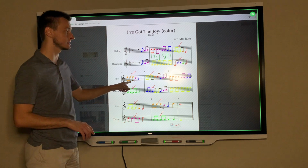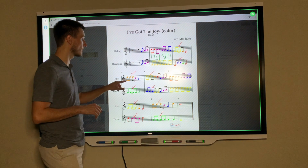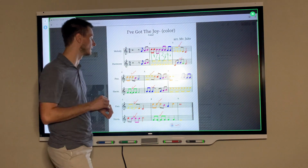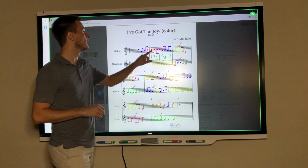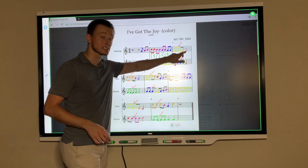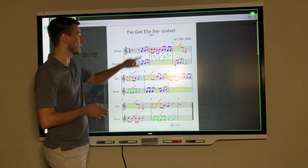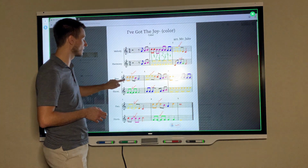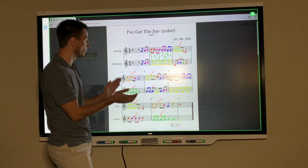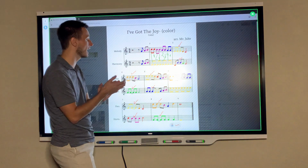So let's look here at the second line, the second system. If we're just starting at the beginning, and I think it's easier if we put the "and" counting back in, we'd be coming from a held beat 3 and 4 because it's a half note for everyone, either part. I should mention, I'm on the top part, okay? So, if we're held for 3 and 4 and 1 and 2 and 3 and 4 and 1 and 2